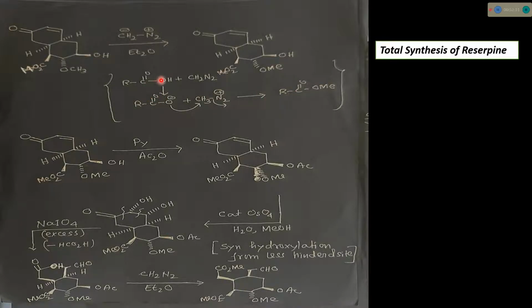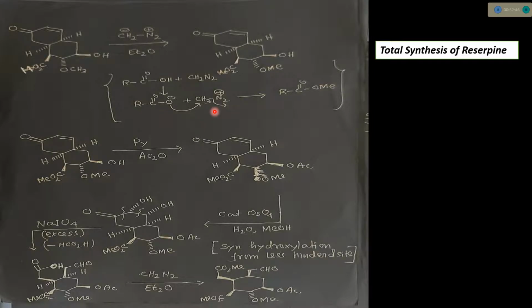First this acid reacts with diazomethane. Diazomethane abstracts a hydrogen from this acid and becomes CH3N2+. Then this acetate minus attacks via SN2 or SN1. Since N2+ is a very good leaving group, there are two possibilities. First N2+ leaves, then CH3+ forms, and this acetate anion attacks this CH3+, or it goes via the SN2 mechanism, but the most likely is SN1 because N2 is the